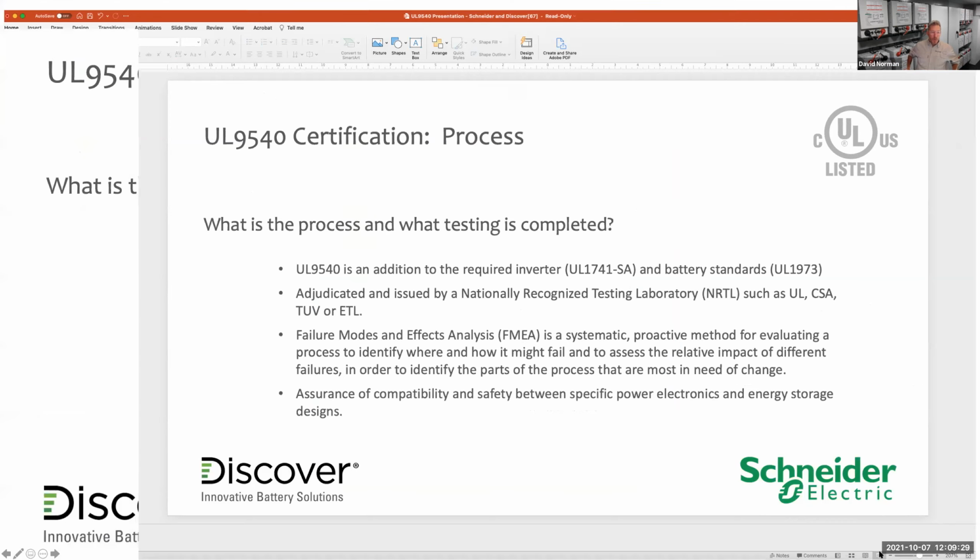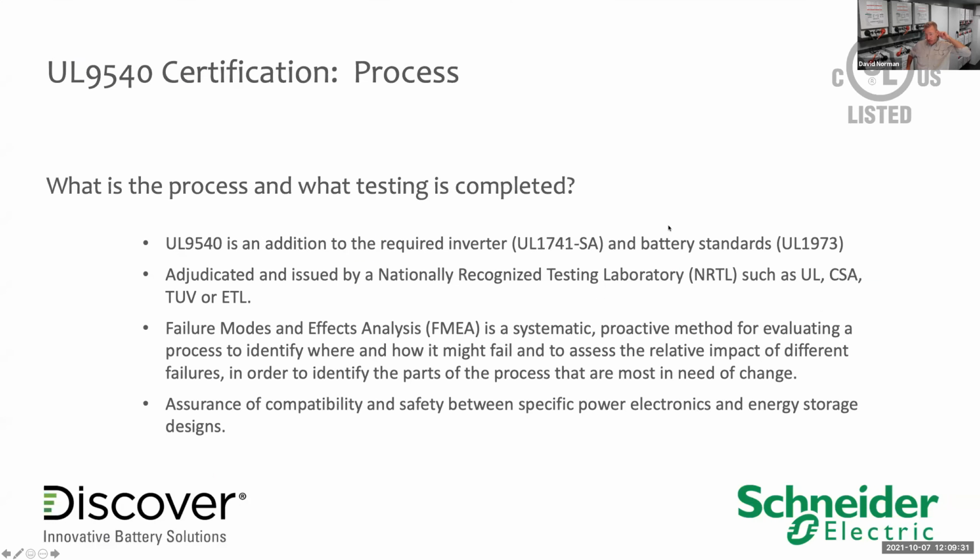Yes. Okay. So, what is the process for getting UL 9540 and what testing is a part of this? So the table stakes for discrete components, and it would be slightly different if you were making a combined system that was a combination battery plus inverter charger, because you'd be basically having it all in one house. But for a couple organizations like Schneider Electric, who makes power electronics, and Discover, who does lithium energy storage batteries,